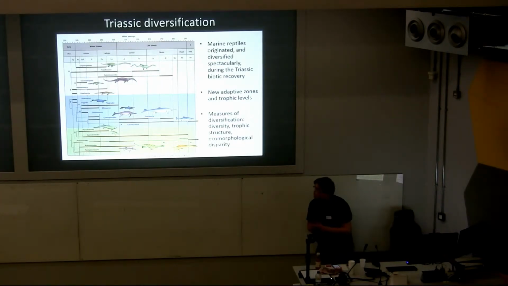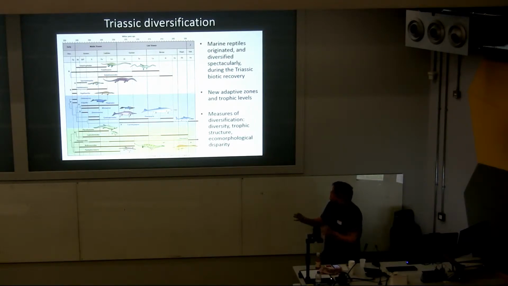One thing that interests me a lot about marine reptiles is the fact that their first wave of marine invasion took place in the Triassic, in devastated oceans. So you think, in the aftermath of the Permo-Triassic mass extinction event, you have this clearing out of the oceans, and then within the following 5 or 10 million years, you have this initial wave of evolution. And these marine reptiles were largely creating and evolving within new trophic niches. This kind of large-bodied marine tetrapod wasn't really seen before the PT boundary, but they seemed to jump in